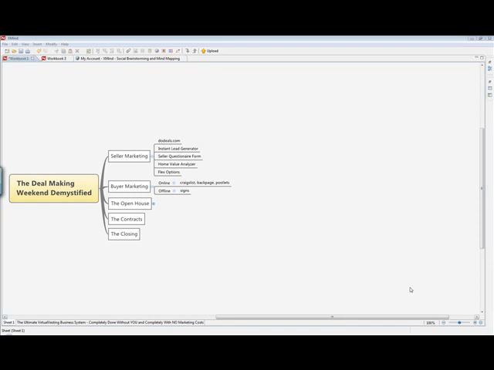But even if they did contact you about it, it's a good thing, Adam. You can tell them, well, Mr. Seller, Mrs. Seller, I've been trying really hard to get a hold of you. I'm interested in making you a cash offer on your house. If I pay you all cash and close quickly, what's the least you would accept? And so you can turn a seller who's contacting you about putting a sign on their yard into a seller that you can buy a house from. So you definitely can do that.